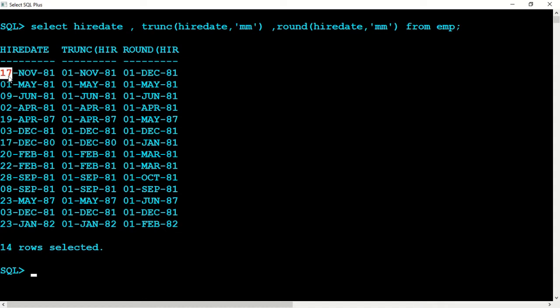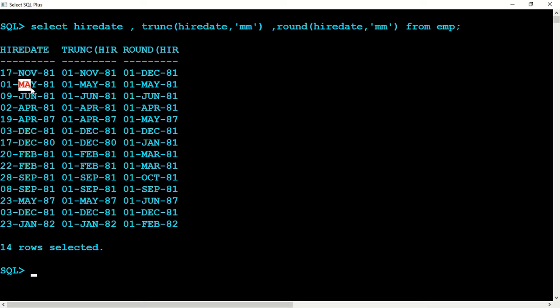Now 17 is greater than 15, so this will be next month, December, 1st December. Always the date will be first only. You can see here all the dates are first. Only the month will change depending upon whether the day is greater than or equal to 15.